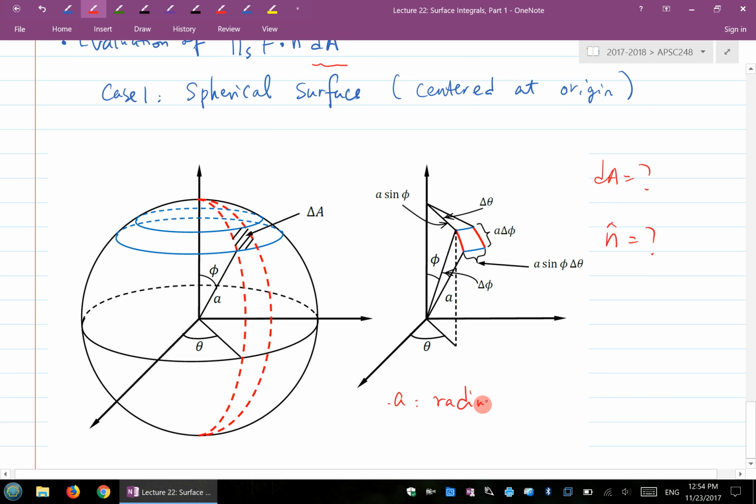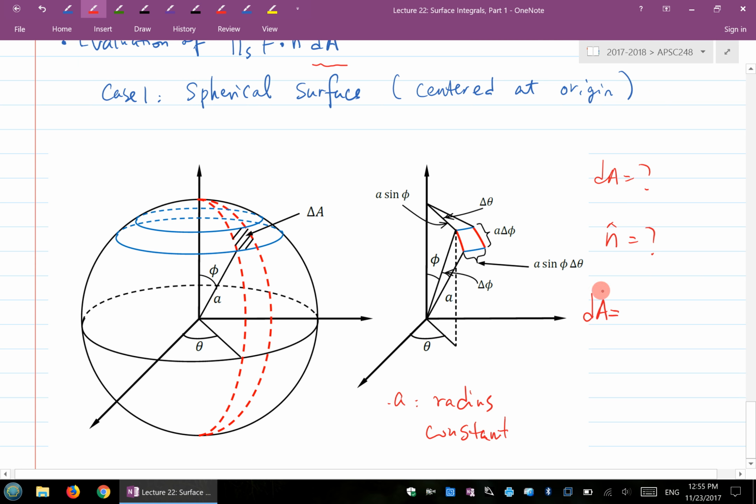Now this is a constant. Okay, so this is a constant. Basically, we're talking about a spherical surface with a constant radius a. Okay, constant radius a. Now, if you look at the way we section out this dA here, you can